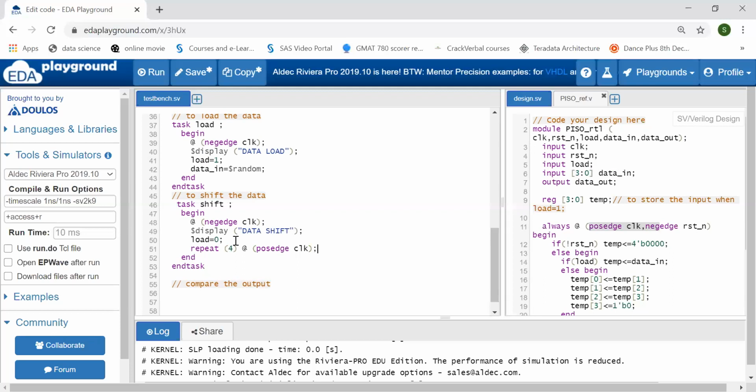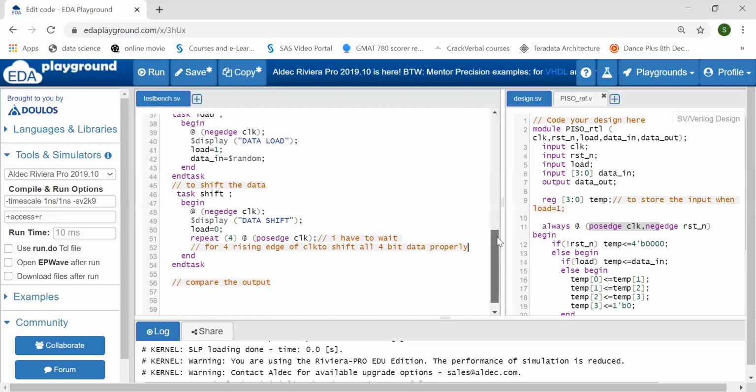Why am I writing this? Because I have to wait for 4 rising edges of clock to shift all 4-bit data properly. Okay. So now end task, completed.